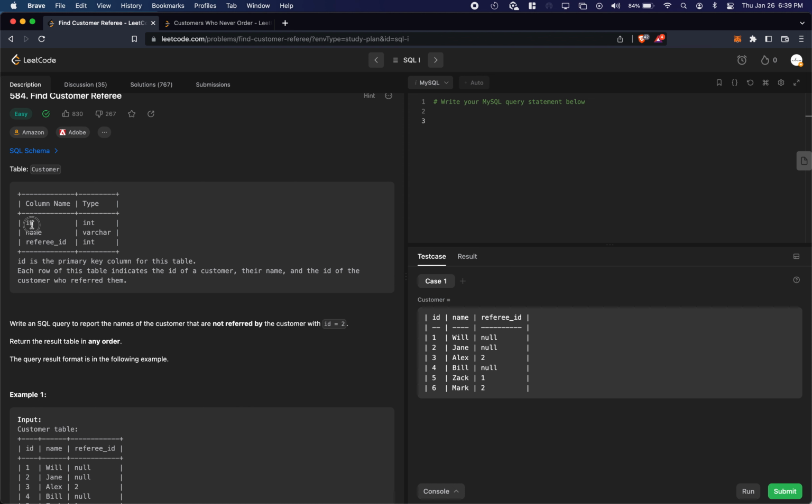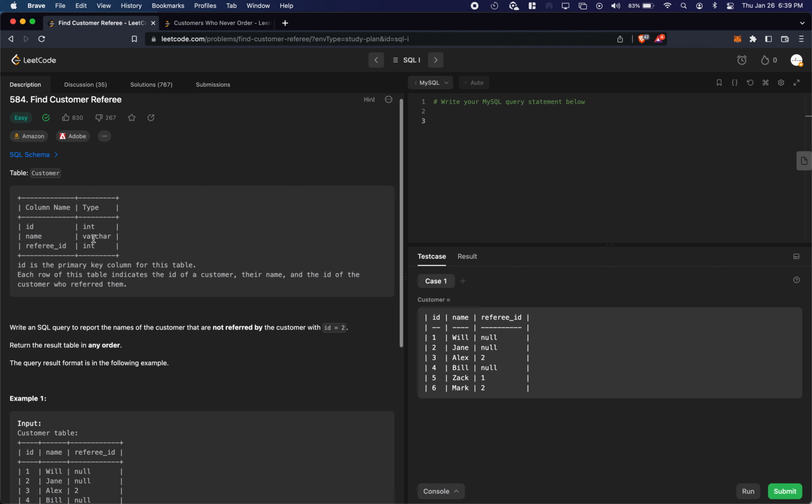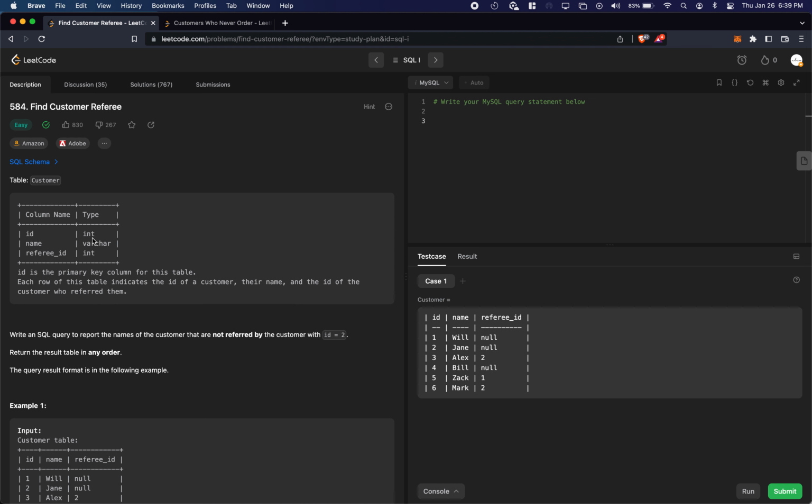We have our ID, right? Primary key of customers, and then the customer who has referred this customer, right? So we're dealing with some kind of table where people are getting referred to something. So write a SQL query that reports the names of the customer that are not referred by the customer with the